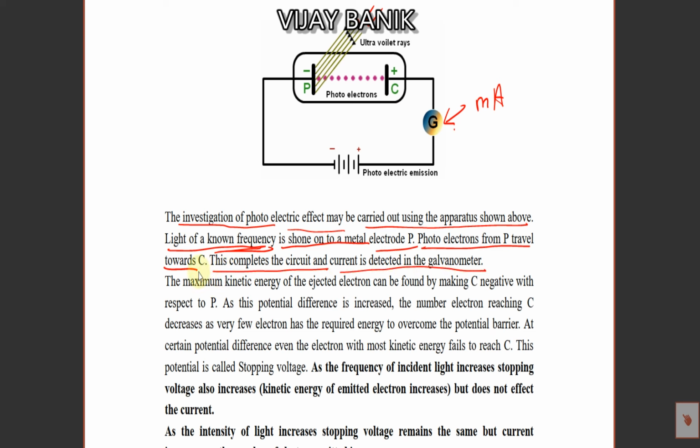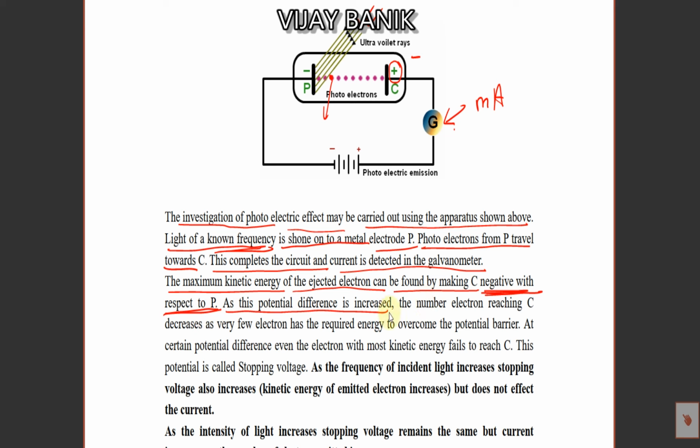The maximum kinetic energy of the ejected electron can be found by making C negative. So if you want to know which electron has the maximum kinetic energy, and how much it is, you can use this method. With respect to P, instead of positive, make it a negative potential. As this potential difference is increased, negative with respect to C,